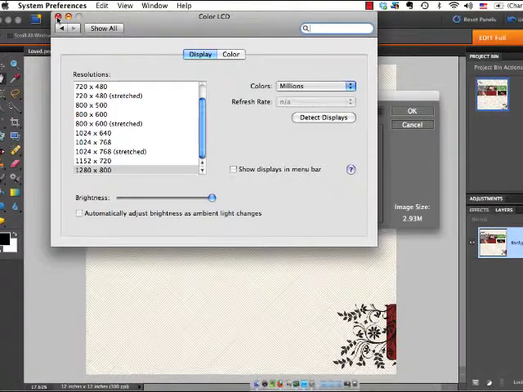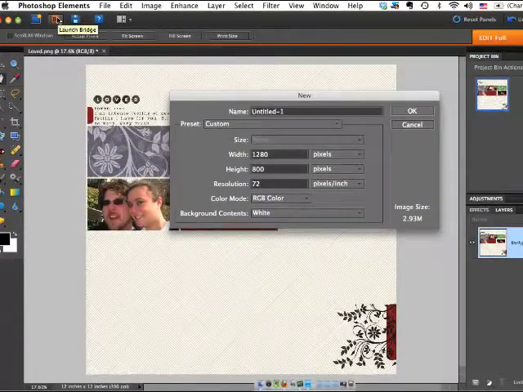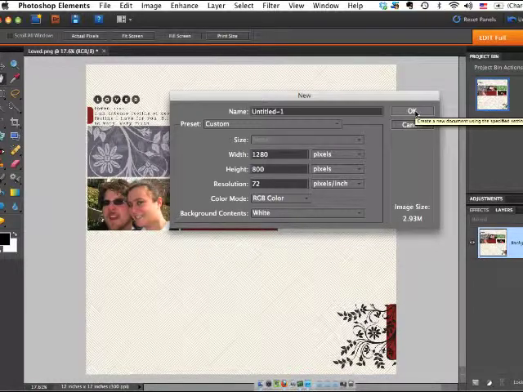If you're working on a PC, you may want to try clicking on the system settings from the startup menu in Windows, and somewhere in there will be a link to your desktop background or your display settings, and that will also show you what size screen you have. So go ahead and create a new project that matches the screen size that you currently have